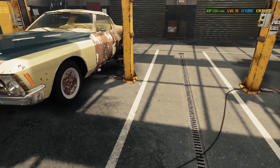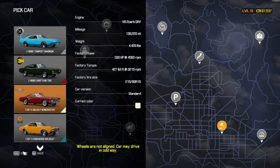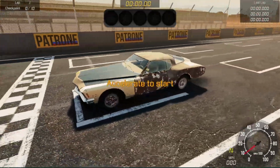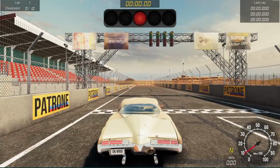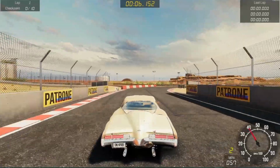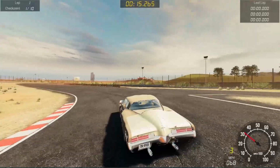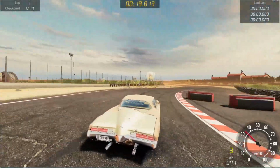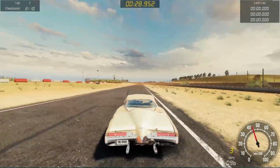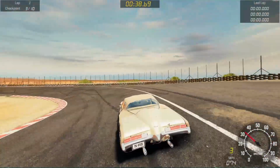But this car is ready to go. So, quick save. Wheels aren't aligned, doesn't matter. And here we go. Let's go see if we can do better than we did last time. Oh yeah, she's still sluggish. Yep, drives like a boat. Not a whole lot of torque in it. But, you know, it feels somewhat more stable, even though it doesn't have the wheels aligned or whatever, but